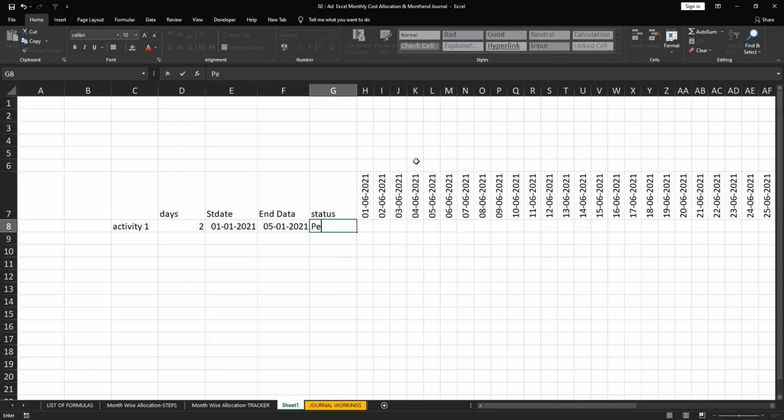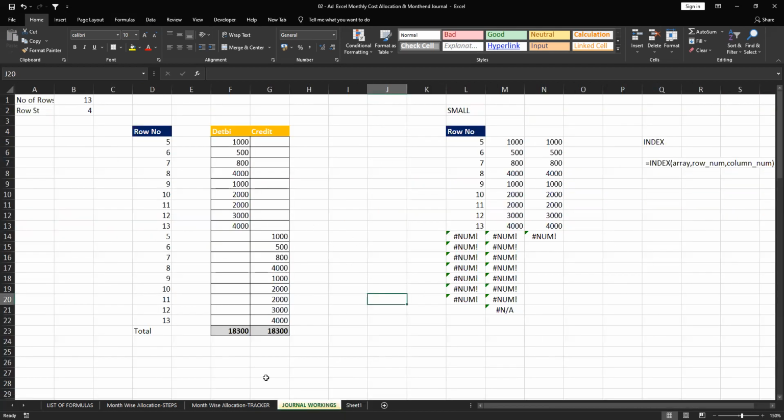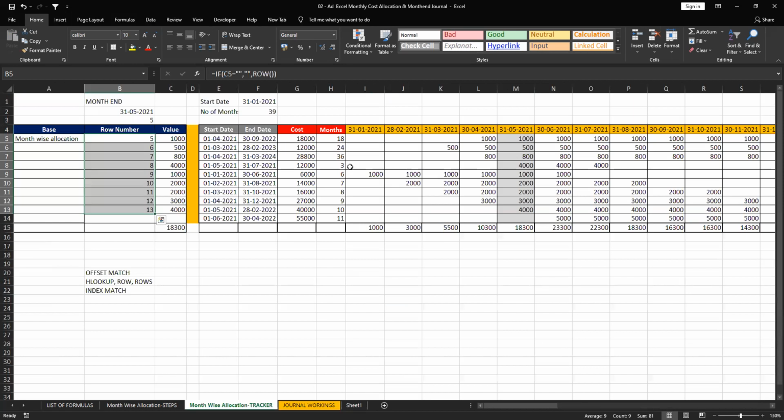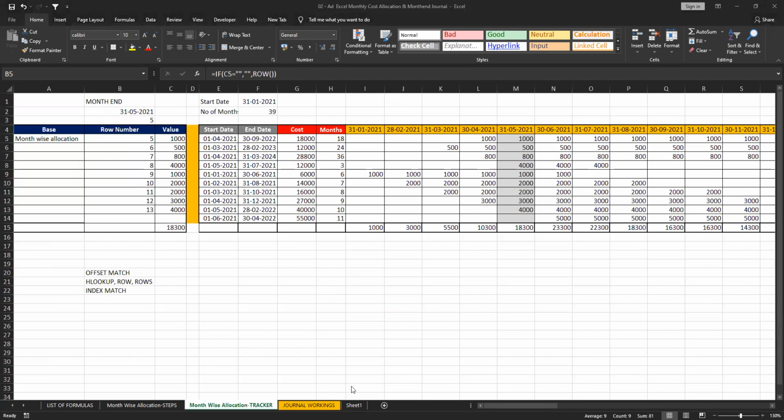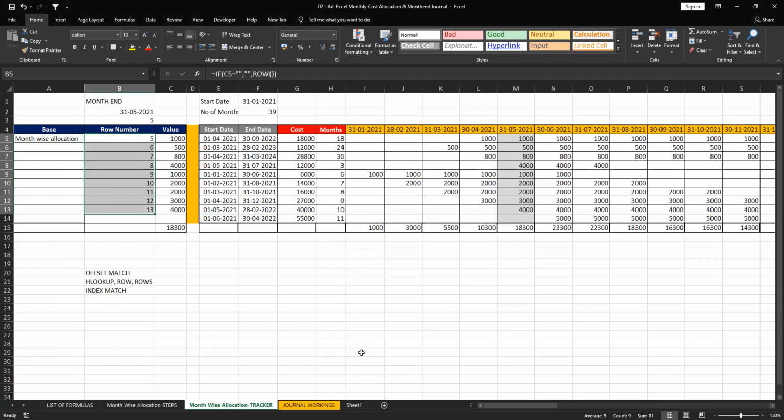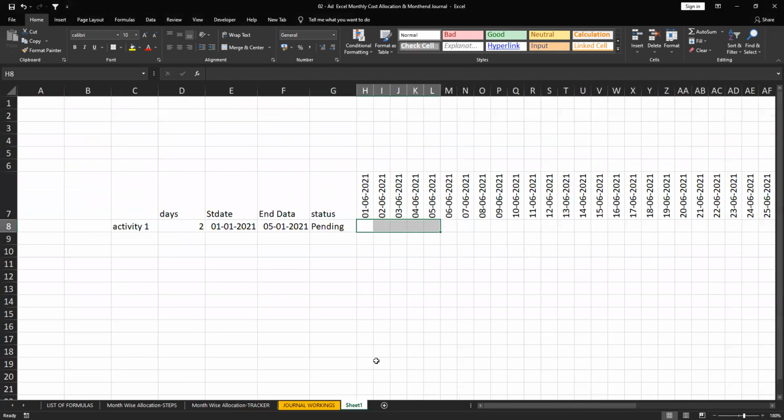Pending, we need to set it and the color should be highlighted. So whatever we learned in that allocation, the same method, the same principle we can apply here also. That's why when we handle a project, this is how we need to think.